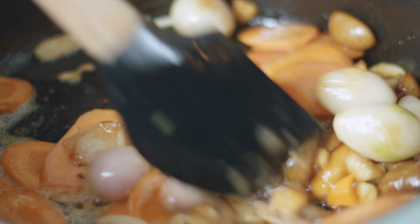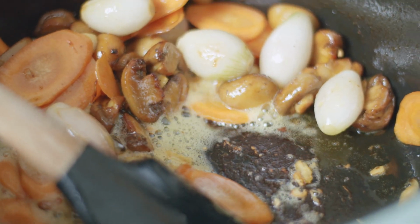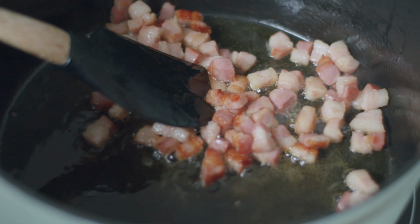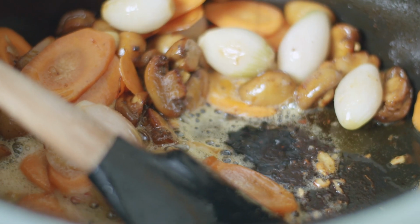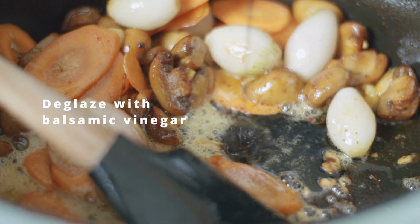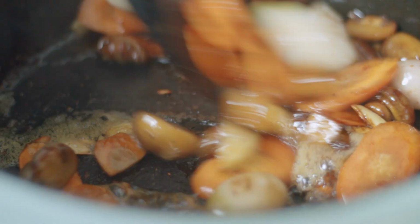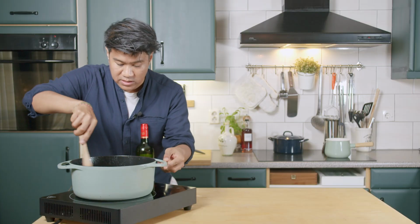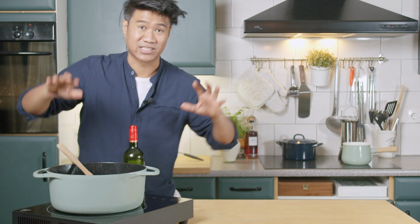Okay, so now there's all sticky parts in the pan. It's called the fond. It's every bit from the vegetables, from the chicken, from the bacon. And this is where really a lot of flavor is hidden. To unleash the flavor, we can deglaze with some balsamic vinegar and make sure to scrape all the bits from the bottom. So most of the sticky bits we have deglazed now, and then we can deglaze some more with